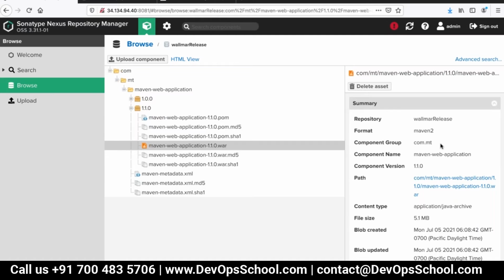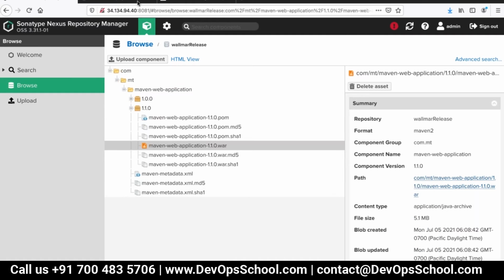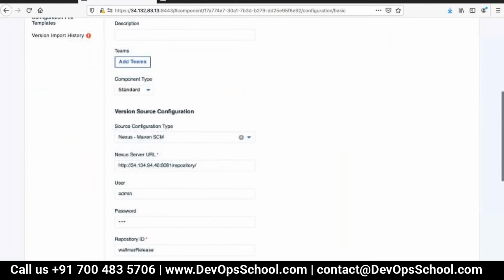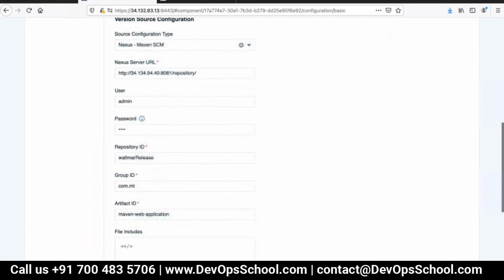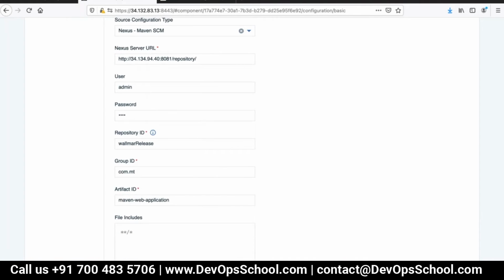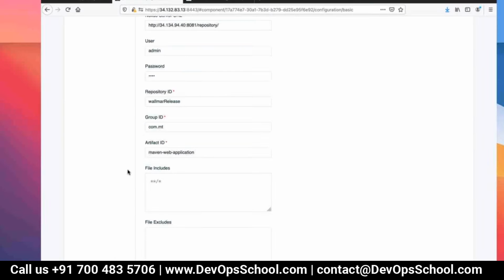Copy the path, com/empty. Where can we keep com/empty? It is com/empty, not com.empty. Can you do one thing? Open the notepad. Like this one, right?